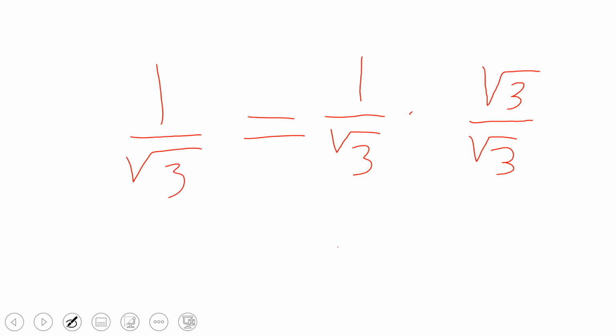Now, multiply numerator and denominator by this root 3. We have in the numerator 1 multiplied by root 3 is 1 root 3,